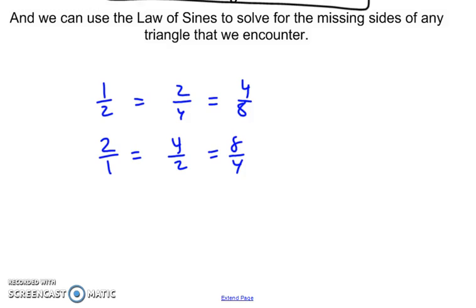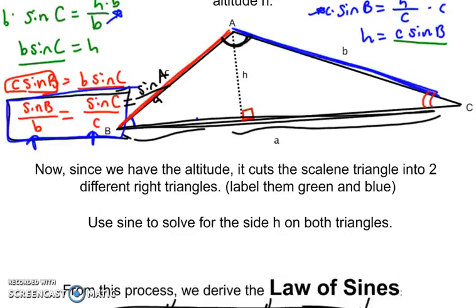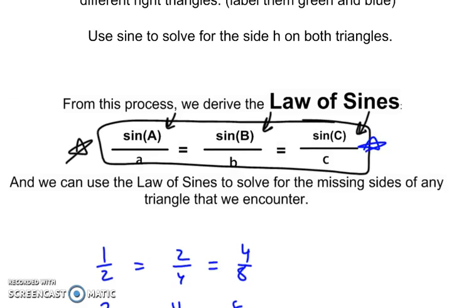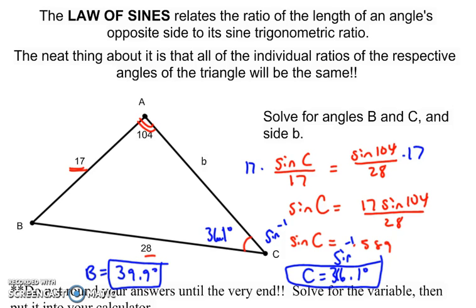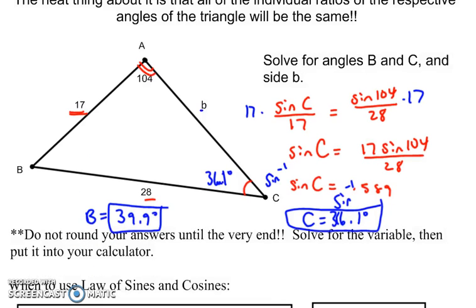I can do the same thing with the law of sines, that not only is this true, but their reciprocals are true. So a over sine of angle A is the same ratio as b over the sine of angle B, is the same ratio as c over the sine of angle C. Okay, so I'm going to use a reciprocal, so that way b is on the numerator this time. So b divided by the sine of angle B, which was approximately 39.9, but we're going to use our stored number in our calculator so that we keep our answers exact to the very, very end, has to equal